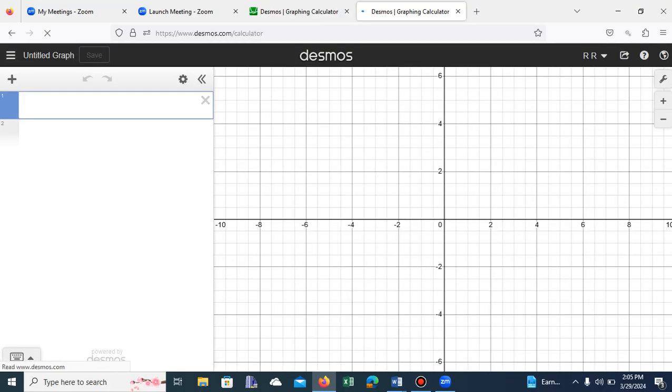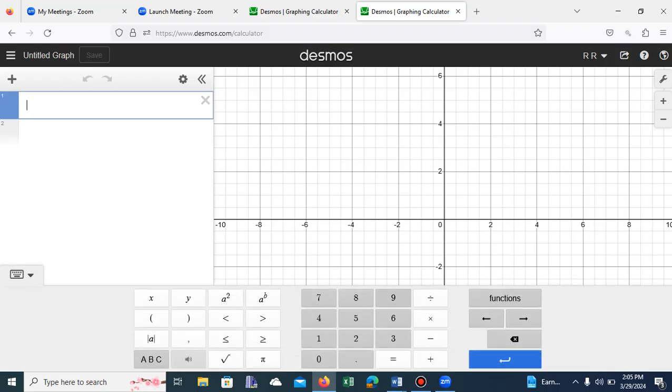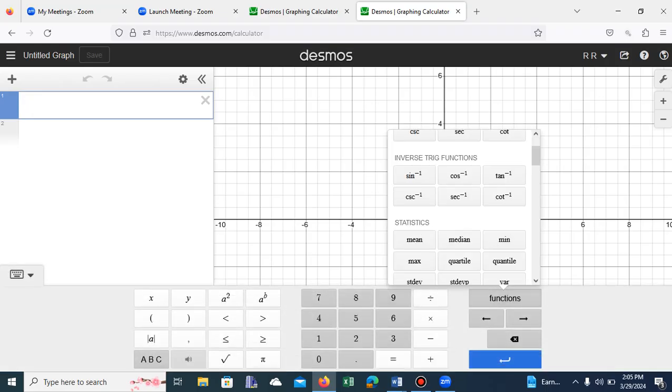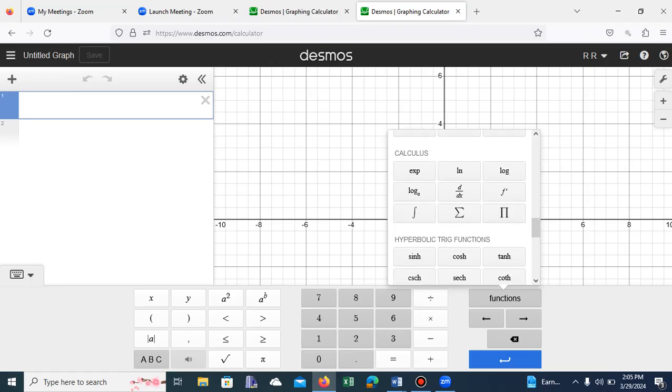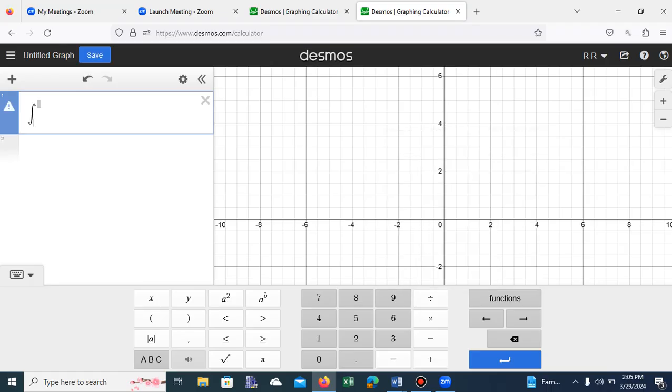And we can do a derivative directly in here. So it's just pulling up the function. Derivative, integral with limits. So 0 to pi divided by 2